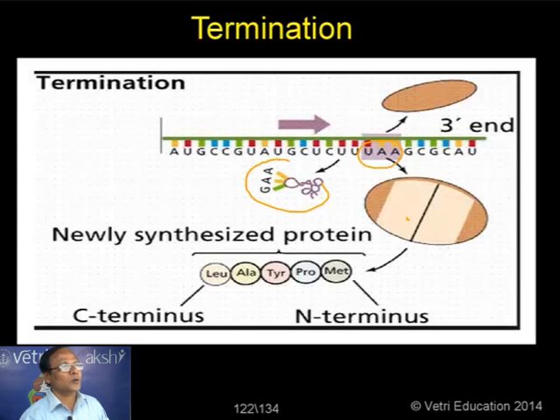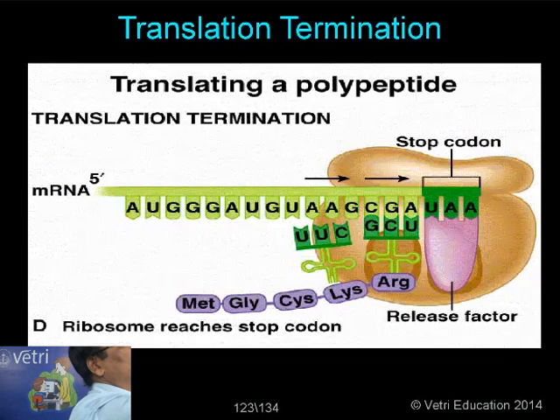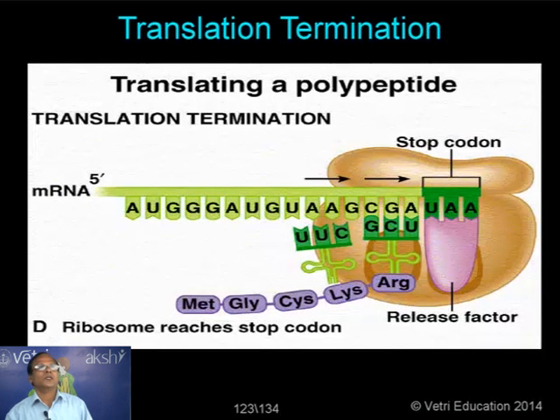Once the termination codon has been exposed, the mRNA has been released from this ribosome and the two units of the ribosome split or dissociate, so that protein synthesis, or translation, comes to an end. This is because of the termination factor. It does two functions: one, the release of messenger RNA from the ribosome, and also the dissociation of the two subunits of the ribosome. As a result, protein synthesis comes to an end because of the termination process, because of the exposure of the